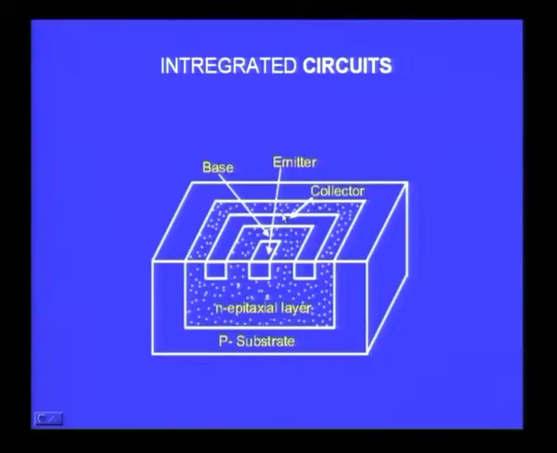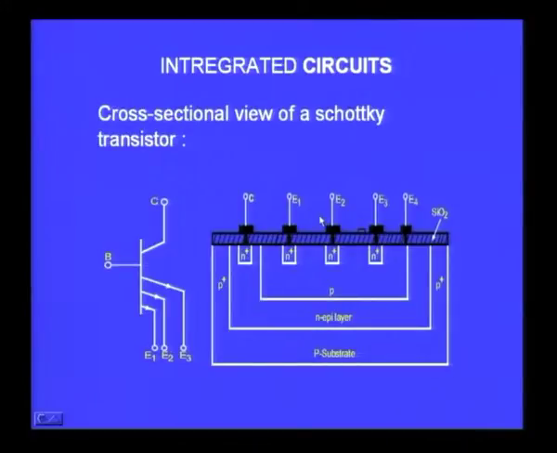So you can form them, and you can take metal leads from these, which can be connected to other parts of the circuit. So this forms an integrated transistor. There is another advantage in integrated circuit design, and that is from the same transistor you can have multiple emitters. This is an example of a